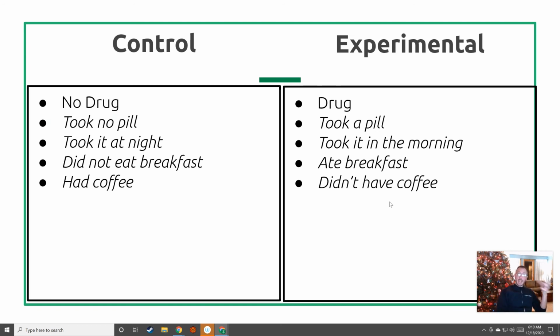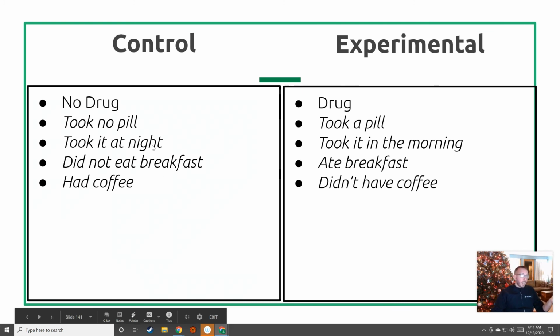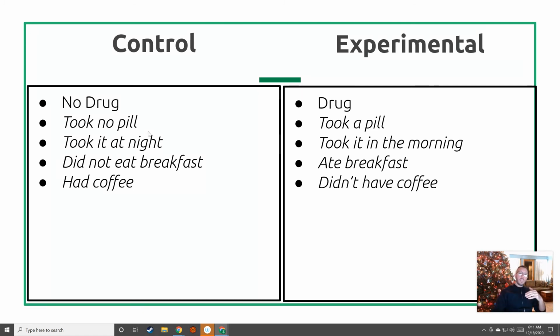At the end of my experiment, I can't just say, oh, it was definitely the drug, because maybe it was the fact that the control group didn't eat breakfast. Okay, so maybe I can eliminate that. But maybe it was that the control group took it at night. Well, maybe I can eliminate that if I keep them the same. So do you see how this list has to be just drug or no drug? If it's just the independent variable that was different between the two groups, then I can say it was that. If there's a list of differences, confounding variables, that I didn't make all the same between both groups, then